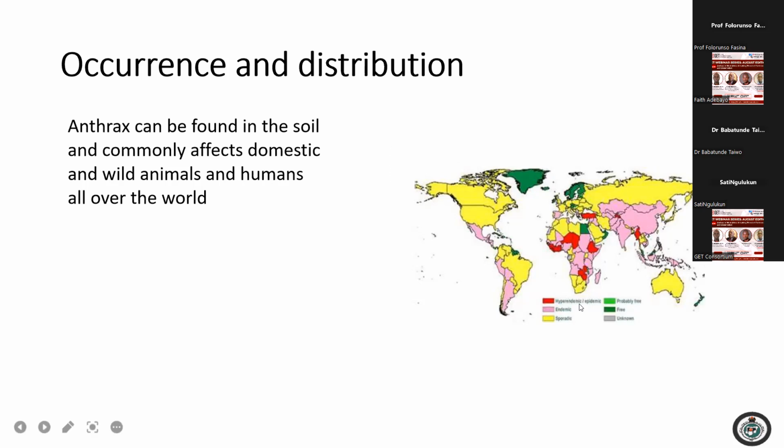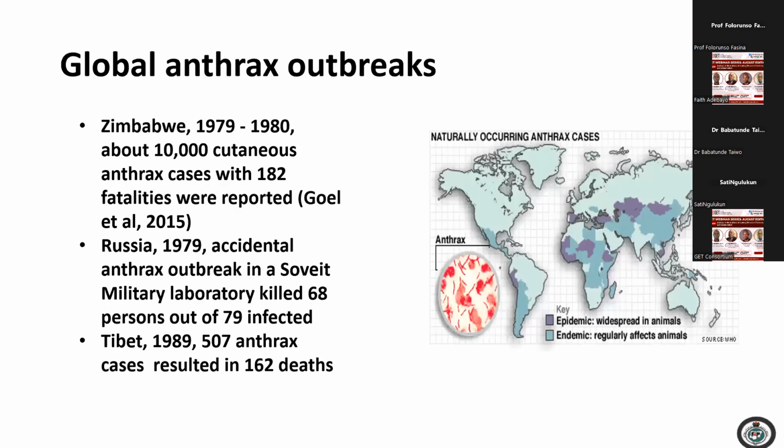Some areas are endemic areas, some are areas where there have been epidemics, especially the red areas. And also there are a few countries that are free, or said to be free, or for a long time have not had outbreaks of anthrax, but generally it is a disease that affects animals and humans and is found almost everywhere. Now, the global outbreaks, just to mention a few: in Zimbabwe in 1979 to 80, about